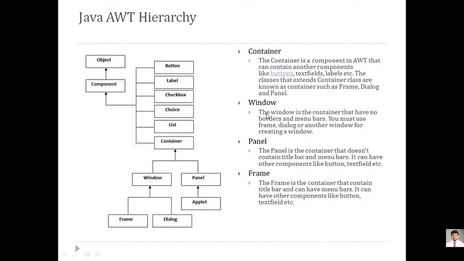Now, as far as windows are concerned, a window is a container that has no borders and no menu bars. What is special about this window is that previously, whenever we open any window in the operating system, you'll find automatically there is a menu bar, with options like File, Edit. Now this is a window which is somewhat different. This is a window generated by Java without border and without a menu bar. So we'll be generating windows without border and without menu bar by directly calling the Frame class.